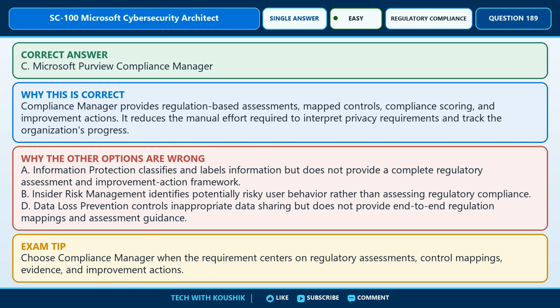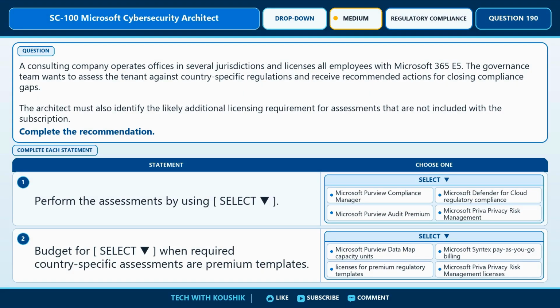Exam tip. Choose Compliance Manager when the requirement centers on regulatory assessments, control mappings, evidence, and improvement actions. Question number 190. Scenario. A consulting company operates offices in several